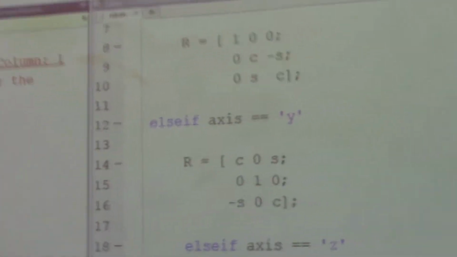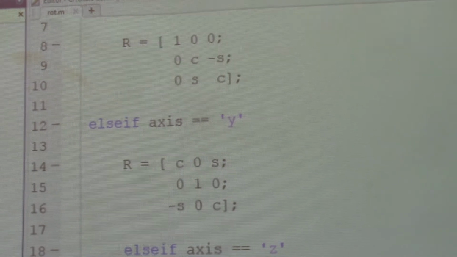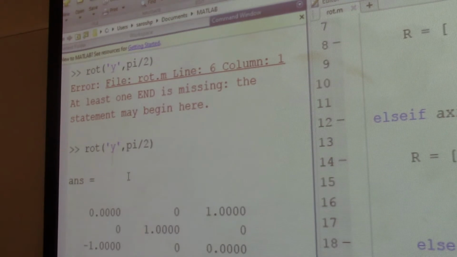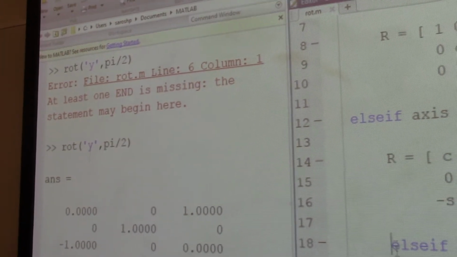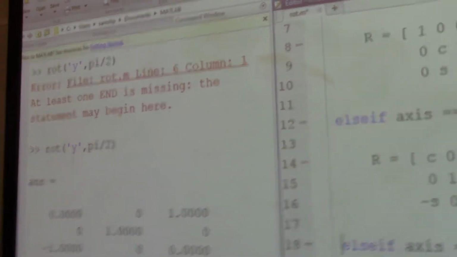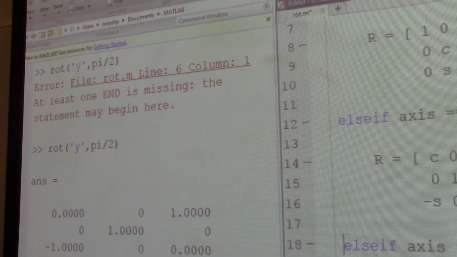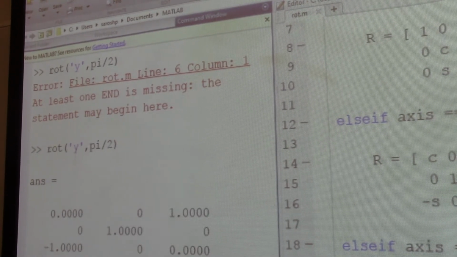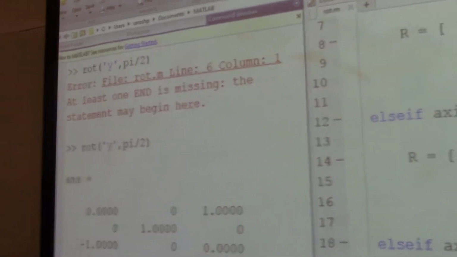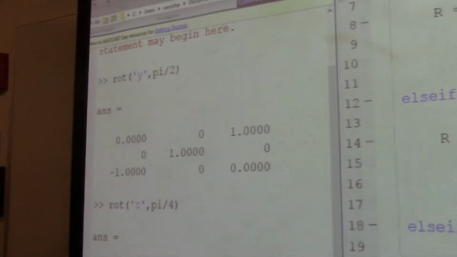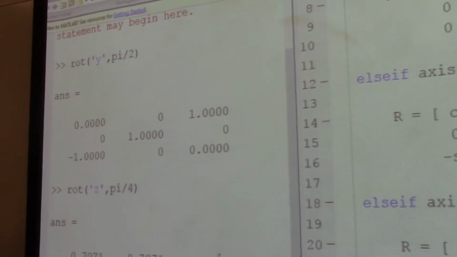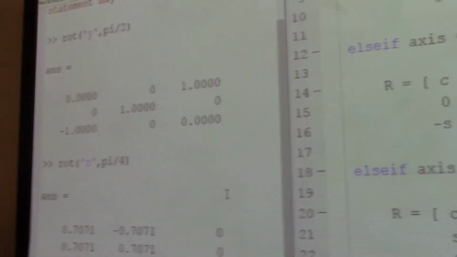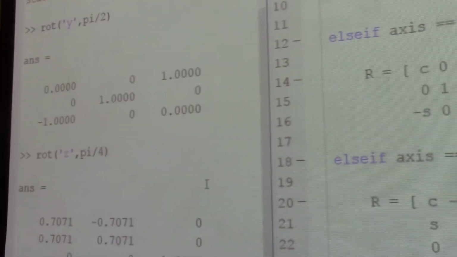Okay, let's save this. All right, so I think we are good with this. Let's do pi by 4 for z. All right, so you have this angle. Now,